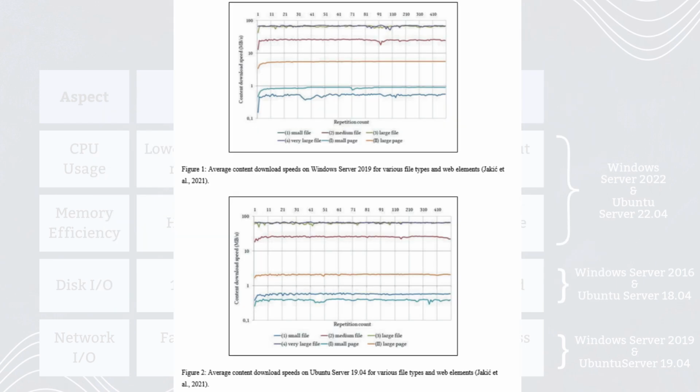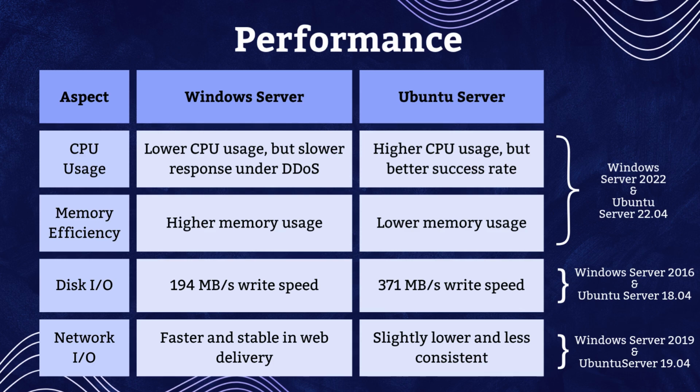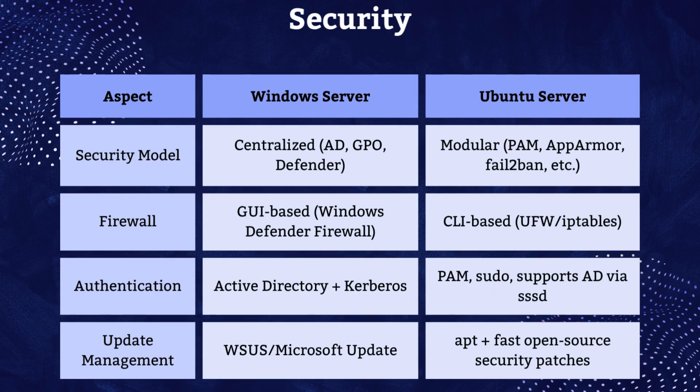Finally, for network input-output, a case study by Jakic et al. 2021 tested web delivery using Windows Server 2019 and Ubuntu Server 19.04. Windows showed faster and more stable download speeds, especially for large files and dynamic content, while Ubuntu's performance was slightly less consistent. In summary, Ubuntu performs better in terms of CPU, memory, and disk, but Windows Server is more consistent in web-based network performance. Now moving on to security, we compared the systems based on their security model, firewall, authentication,